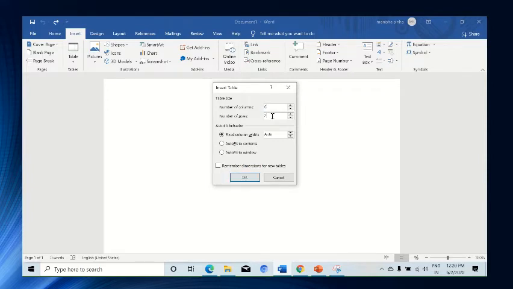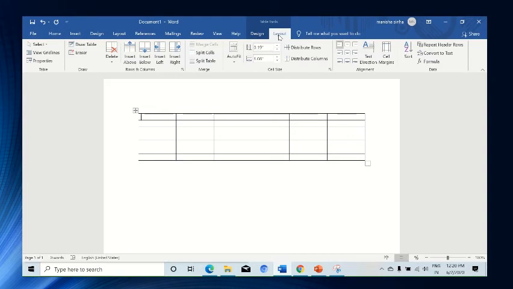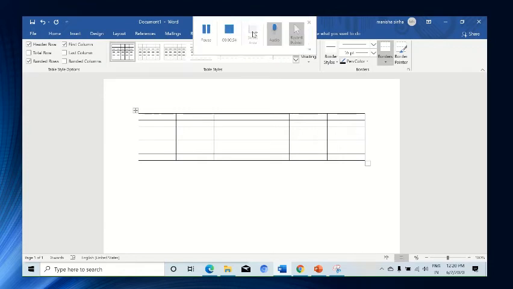Mention or specify the number of columns. I specify the number of columns as 6 and the number of rows as 7 and click on the OK button. When I click on the OK button, automatically a table with 6 columns and 7 rows appears on my screen.